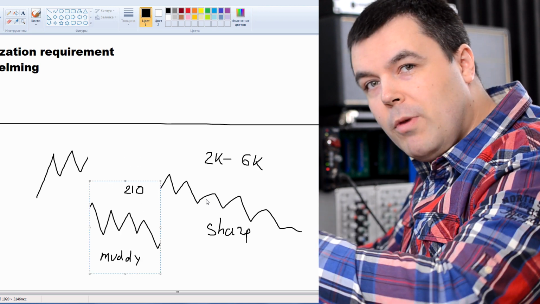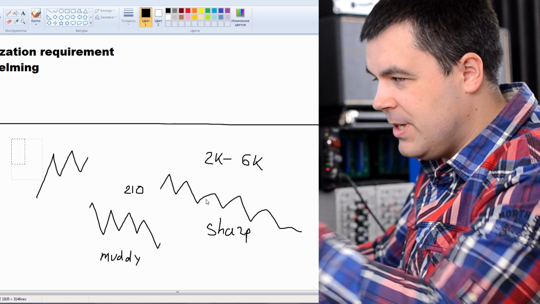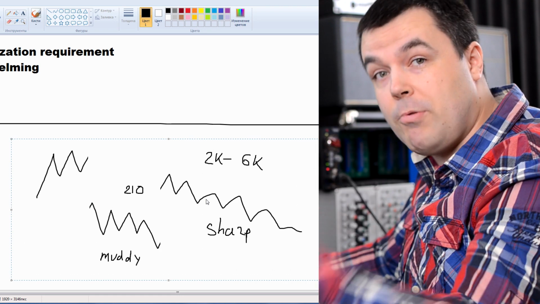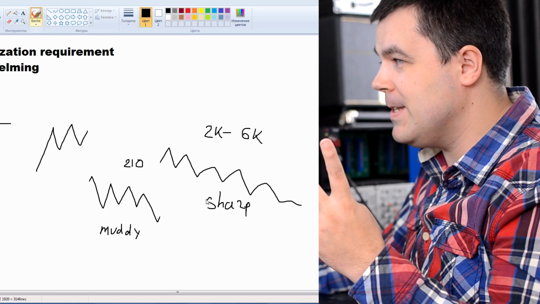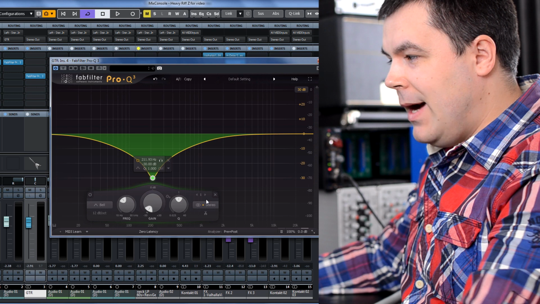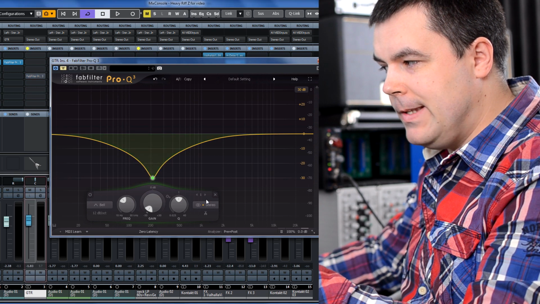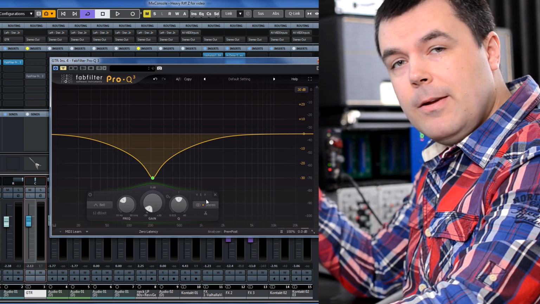What happens when you drop muddiness down: you make this part of the spectrum quieter, the whole volume of the guitar starts to be too quiet, so you grab the whole volume of the guitar and bring it back to at least the appropriate volume. But unfortunately, what you did is you brought sharpness up. Now we have no EQ, minus 2.1, right? So this is the original volume. So now this guitar sounds muddy.